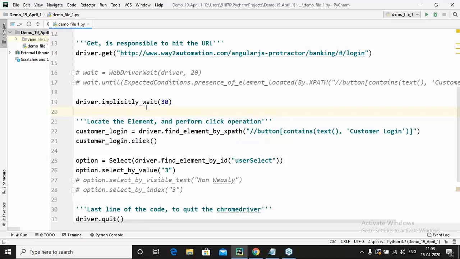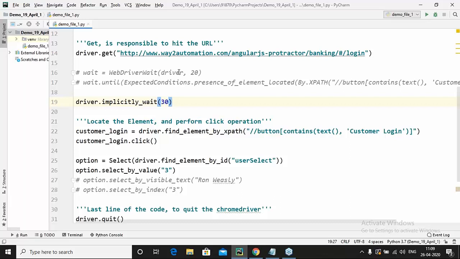So guys, there are two types of waits available with us. One is the implicit one and another is called the explicit one. Now what is the difference? The implicit wait actually waits for the complete web page. It does not wait for a specific element. It waits until all the elements on the given web page are available. That you can call simply, Python gives you an inbuilt function called implicitly wait, and you can give the seconds. So I want to wait for a maximum of 30 seconds until all the elements on the web page are located. Once they are located, move ahead. So this is what implicit wait means.